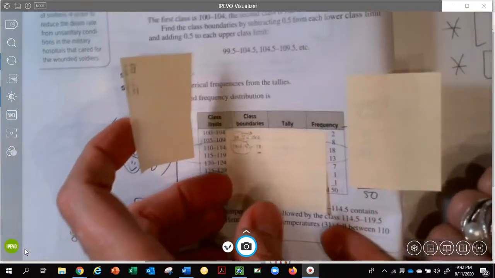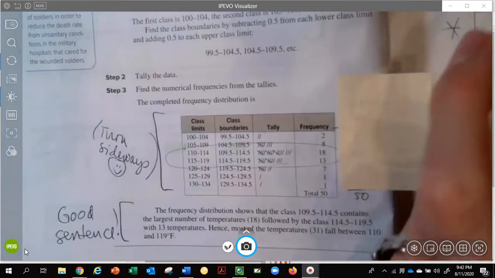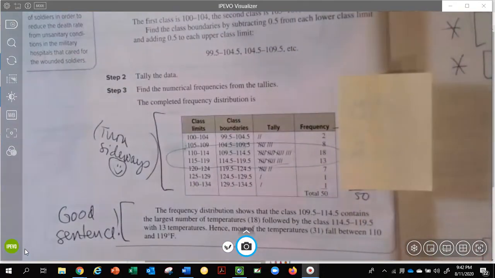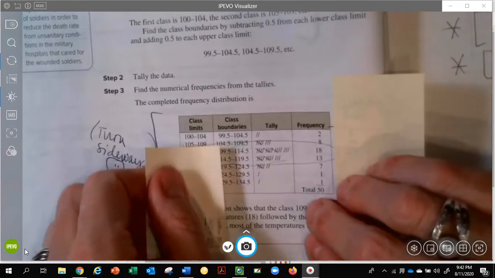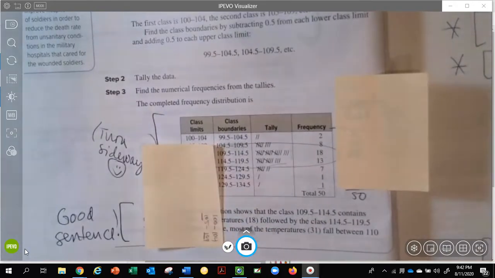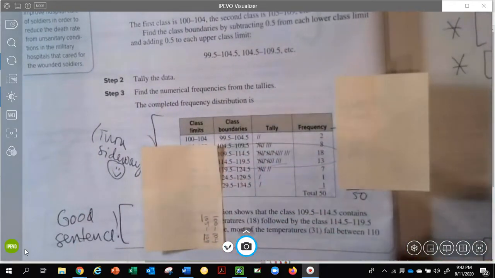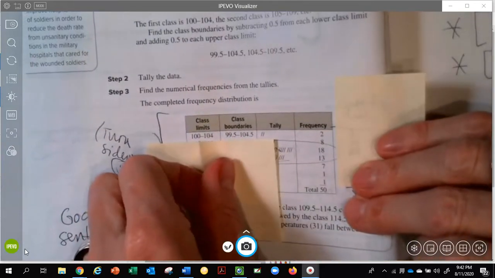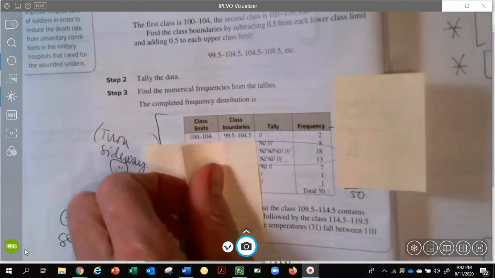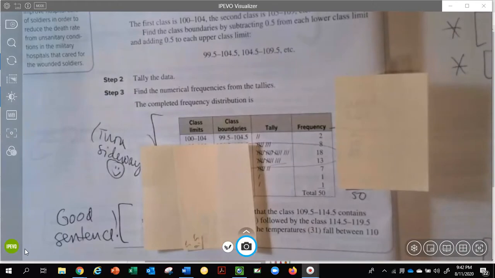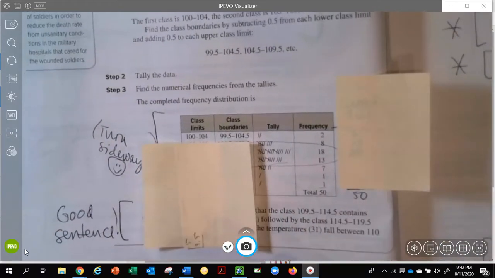The next thing we're to do after we have found the class limits and the class boundaries is to tally. And on the tally, a lot of times people just want to scan and count. Like, from 104 to 105, I'm just going to scan and count. And that's not accurate. That's not the best. The best is to look at all of your boundaries, actually that or your limits, and then as you're looking at your data,